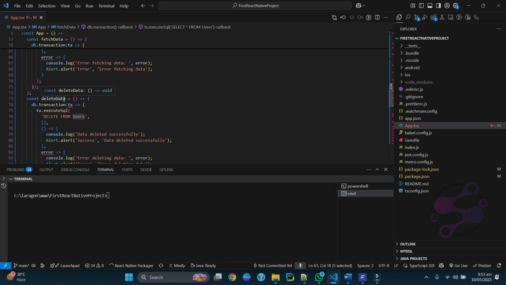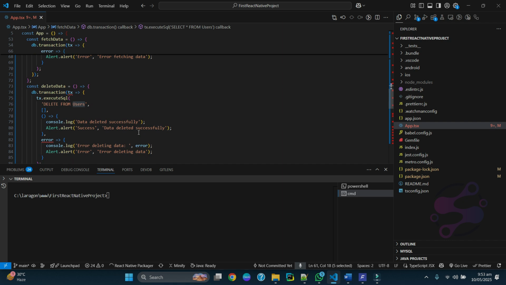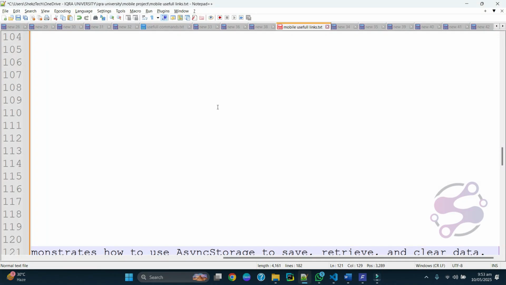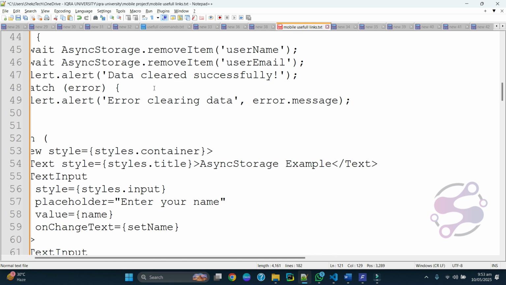You have to provide the delete data. Either you are going to say DELETE FROM users or with the WHERE clause. It's totally up to you. We are deleting the data without the WHERE clause. So let me just call this one,